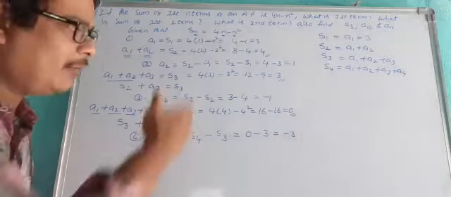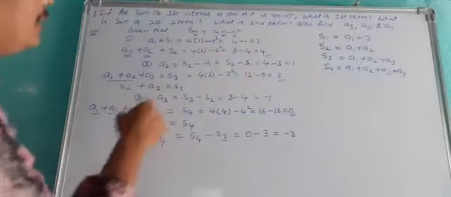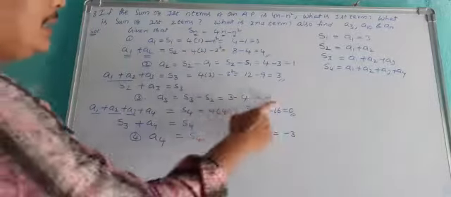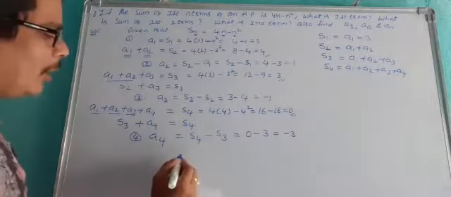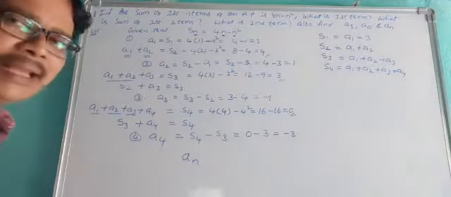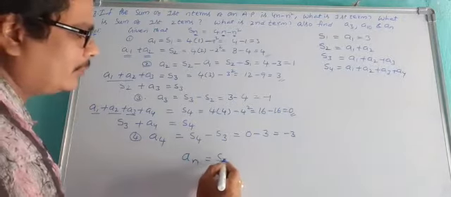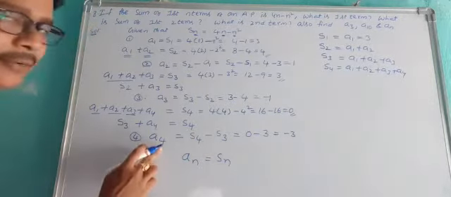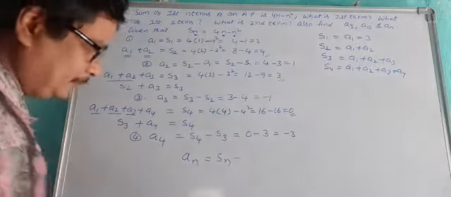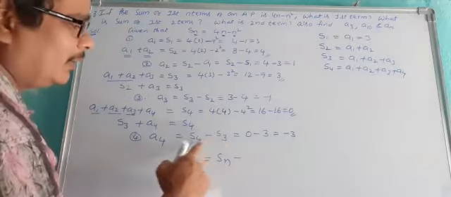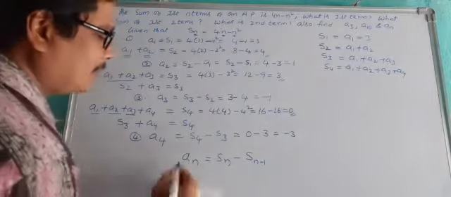Okay, so we have to find out terms like that. Here a1 is 3, a2 is 1, a3 is minus 1, a4 is minus 3. If you want to find out the nth term, an, this is 4, this is also 4, that means Sn. Here n is there, this one also n. Sn minus, 4 minus 1 equal to 3, that means Sn minus 1.